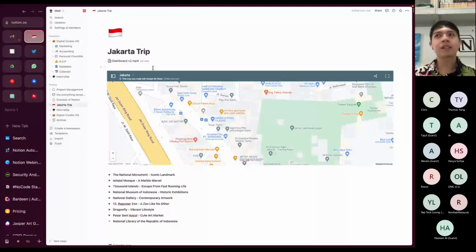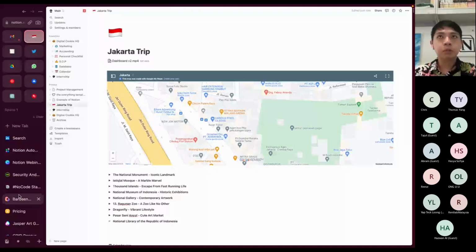And then the size limit for the free plan is 5 MB, and for paid plans, I think the biggest is 2.5 GB. So that's more on the file storage. But if you're more worried about writing, there are actually no limits on that, and it won't affect your performance.